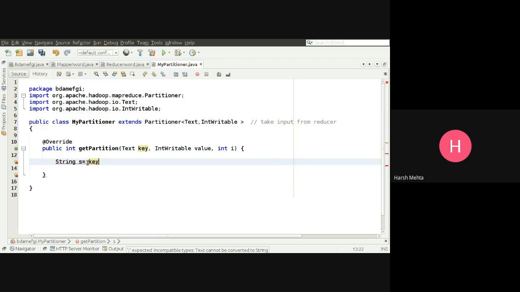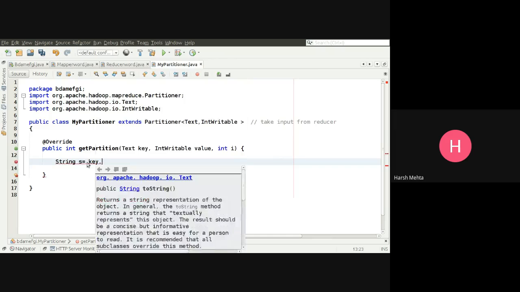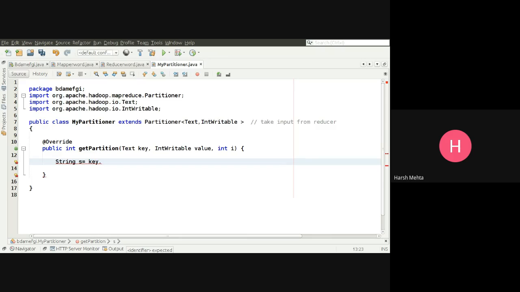The key is a Text class, so first I need to convert it to a primitive class: key dot toString. Once that happens, let's say the key comes in as "hi". Hi is my key. Now based on the key length.